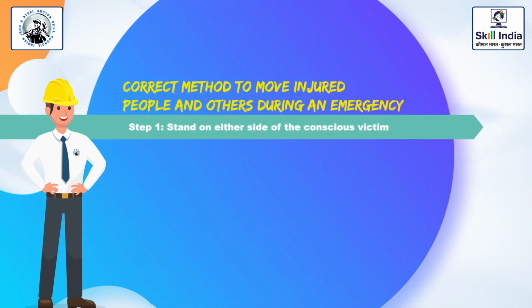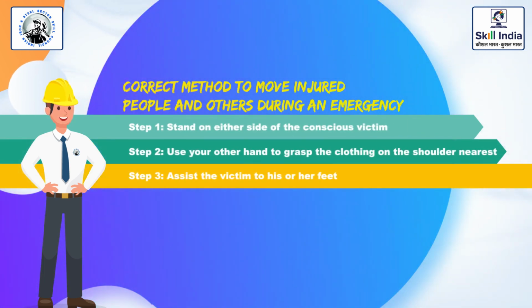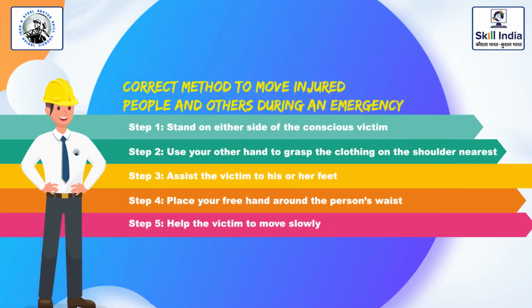Stand on either side of the conscious victim. Grab the victim's wrist with the hand closest to the victim's feet on your side. Use your other hand to grasp the clothing on the shoulder nearest to you and pull the victim's arms to help them to a sitting position. Assist the victim to his or her feet